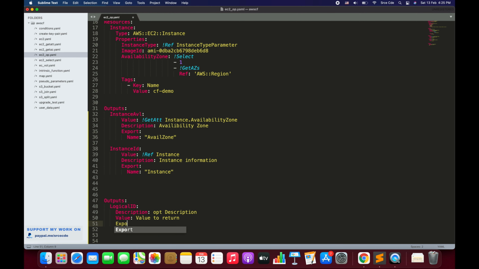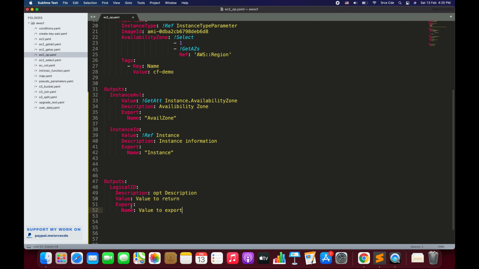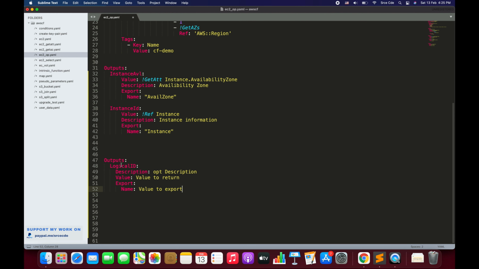Here we will say Export. Now Export will have a key value pair, that would be Name colon a string, the value to be exported. So here this is the high level structure of the output: logical ID mandatory, description optional, value is mandatory, export is optional.